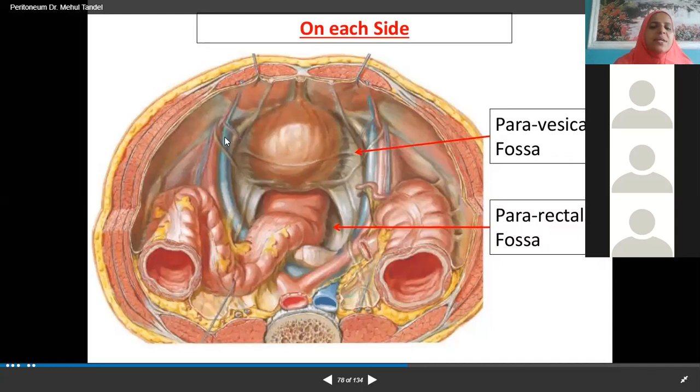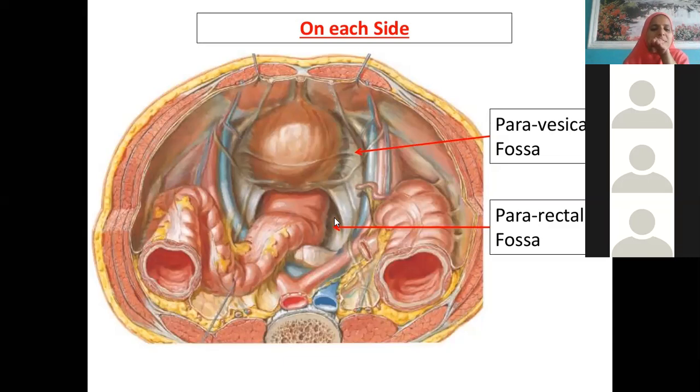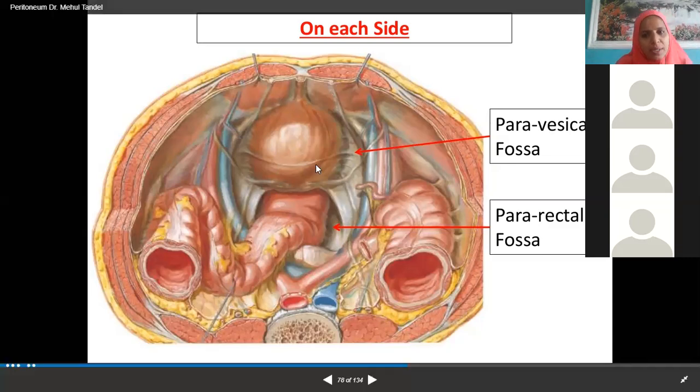Now see, what details I want to give you from this picture is, on either side of urinary bladder, the peritoneal cavity is showing the fossae, which are called paravesical fossae. On either side of the rectum also, you are finding the empty spaces, which are called pararectal. Para means on either side. Suppose this is rectum. Here is free space, here free space. Then you call it pararectal fossae. Then on either side of urinary bladder also, here also one empty space, then you call it paravesical fossae. This is what I wanted to tell you.